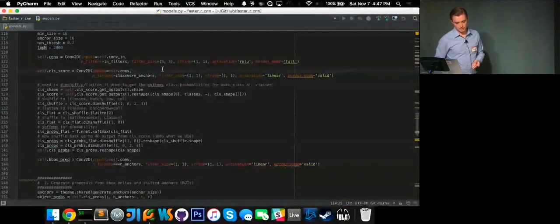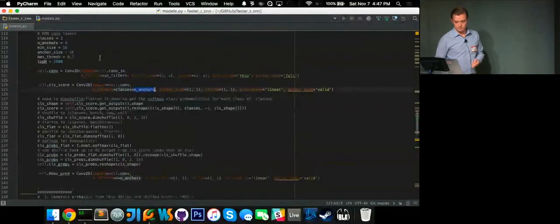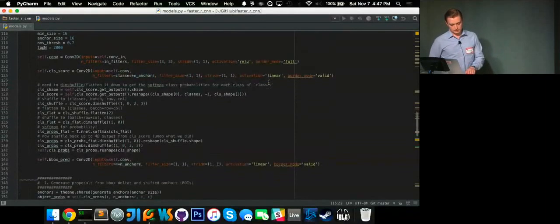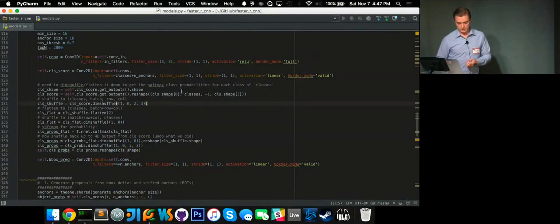So get your output class as a 1-by-1 convolution, number of classes times the number of anchors we're using. In our case, it's 9. And what we have to do to create the softmax probability, on top of this convolution 3D volume, is flatten it down to 2D, compute the softmax on top of it, and then re-puff it up to 3D, just because Theano right now can't support softmax on top of more than 2 dimensions. So as you can see here, it's easy to incorporate Theano code into your model